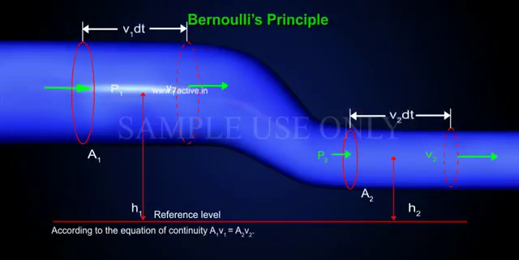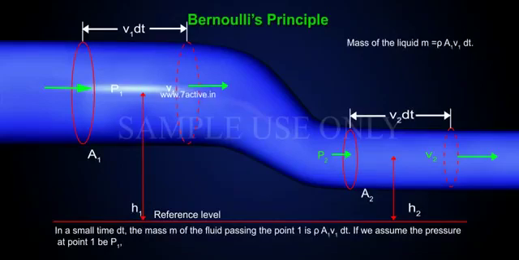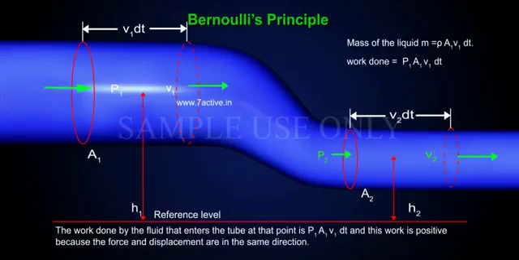According to the equation of continuity, A1 V1 is equal to A2 V2. In a small time dt, the mass m of the fluid passing the point A is rho A1 V1 dt. If we assume the pressure at point 1 be P1, the work done by the fluid that enters the tube at that point is P1 A1 V1 dt, and this work is positive because the force and displacement are in